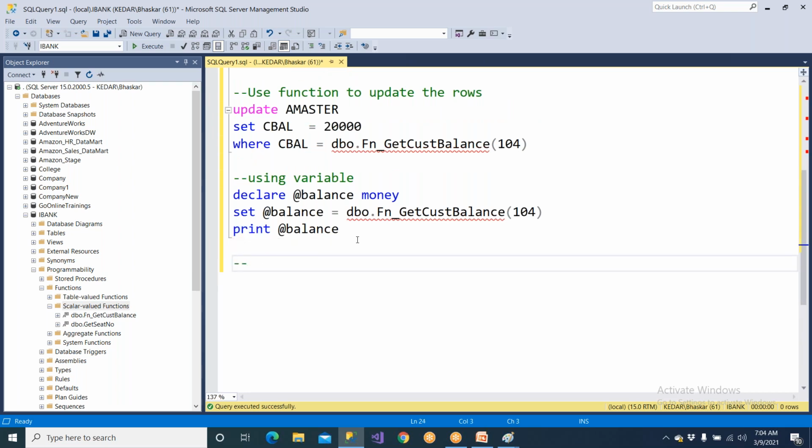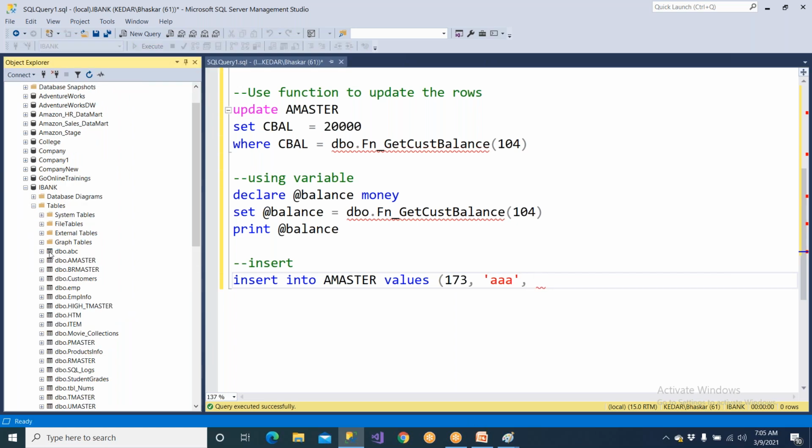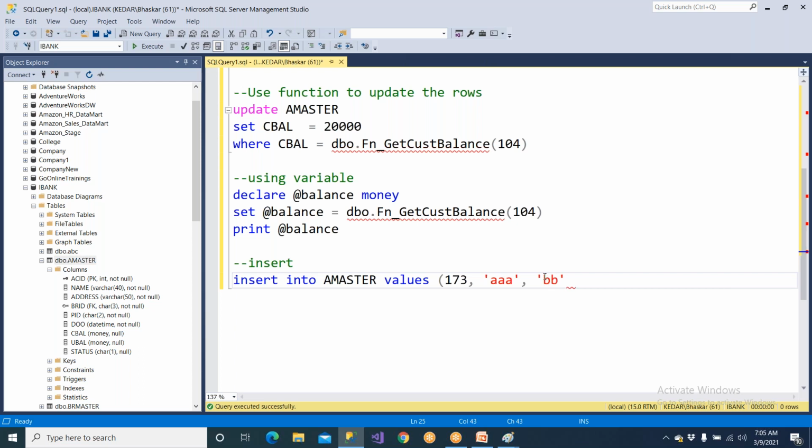Tomorrow you wanted to insert some data, so you can also do that, right? So you can have insert into account master values. Now you should be able to give the data. The first number is, let us say, 173, and the customer name is some ABC. Then you can have, what are the other columns we have? So name, then address, okay, then BBB, comma, branch ID. You can give some BR1,